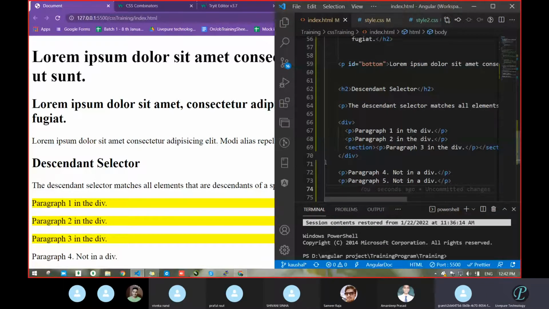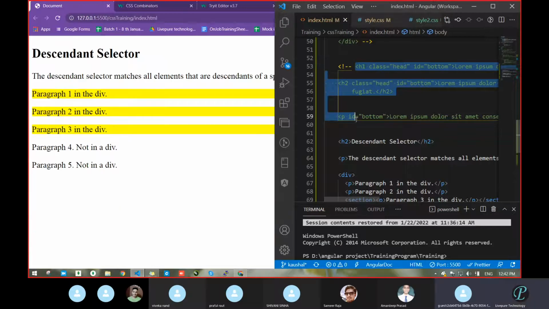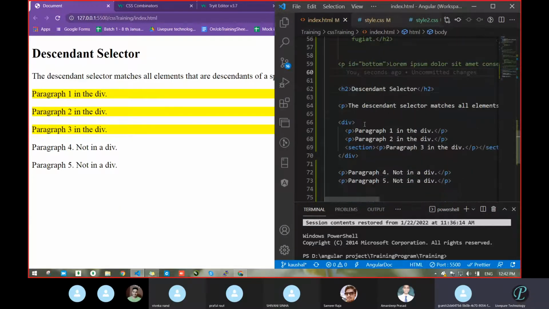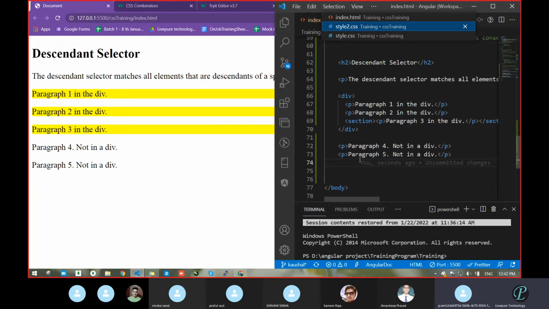Now see what is doing. One second, let me comment this. So in the case of simple selector, what we had done, we had taken some P. This P, ignore this one. We had taken some P, meaning paragraph. Then again we had taken some div and then some P, paragraph tag, then again something, then again some different. Okay.